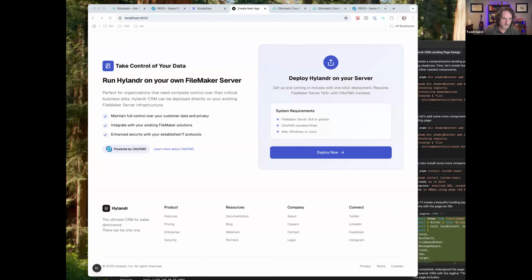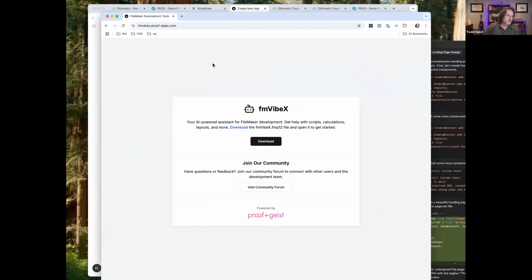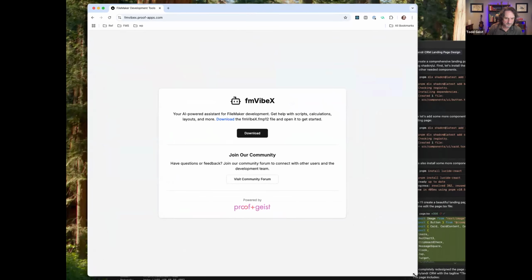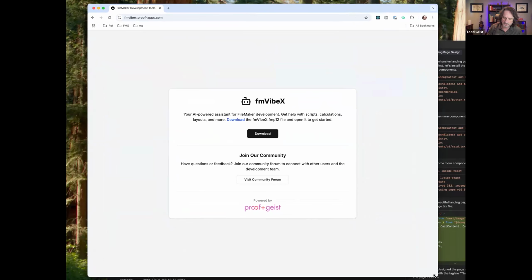So this is something different. I want to stress that this is an experiment, and I do not know how much support it will have. I'm going to continue to noodle around with this and to try things and to experiment. But the basic point of this is to do AI assisted code programming for FileMaker.